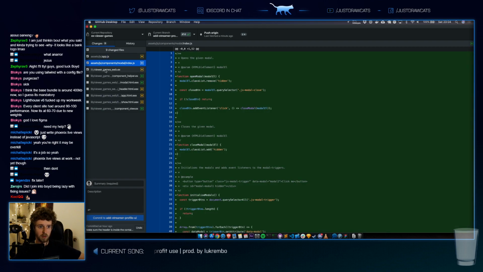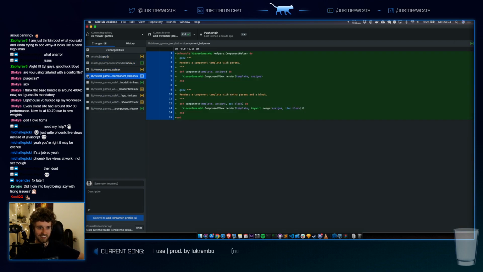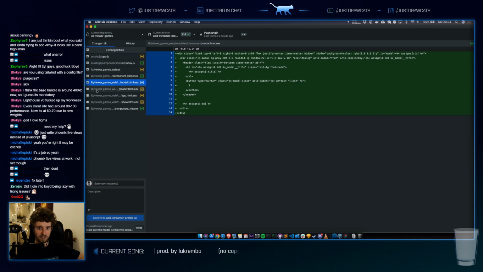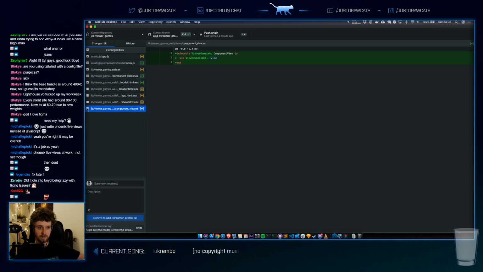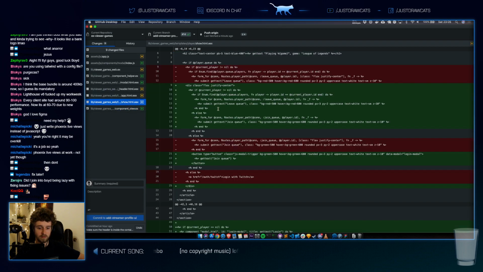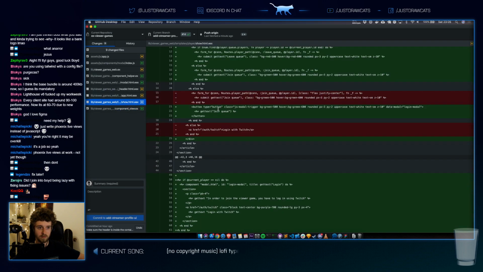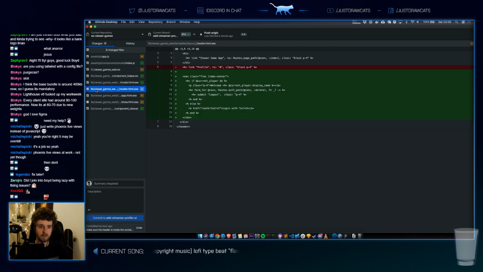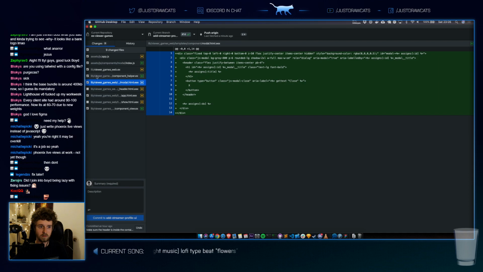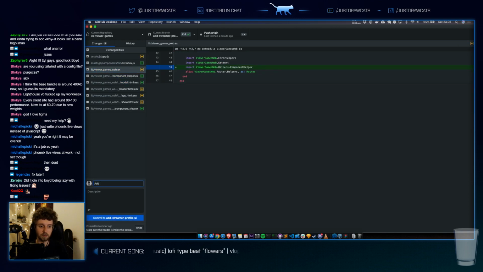Let's introduce the modal component, however bad it is right now. Add modal components.